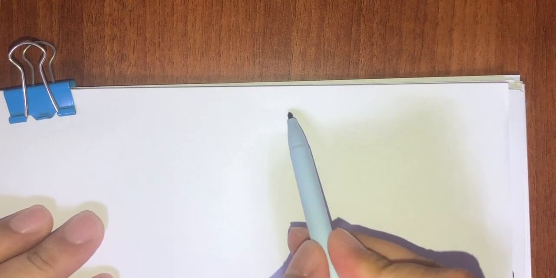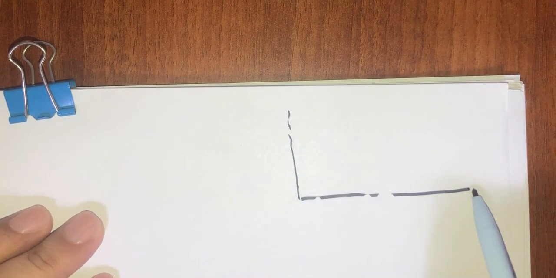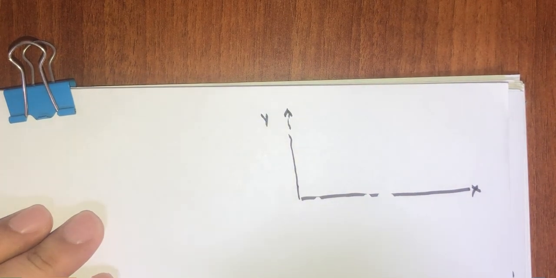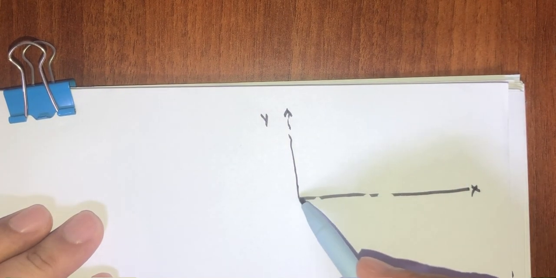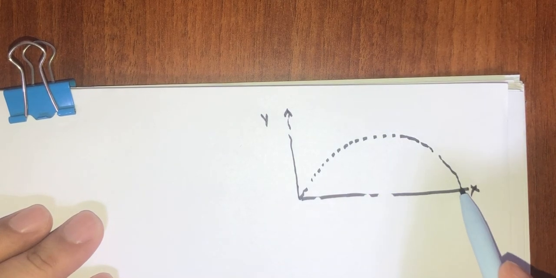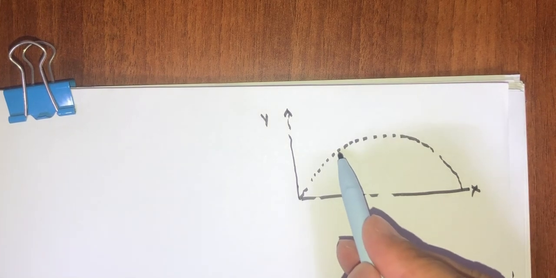So, this will be the motion diagram. Let us say this is the x-axis and this is the y-axis, and the stone is thrown like this. So this is the trajectory of the stone, and it hits the bird